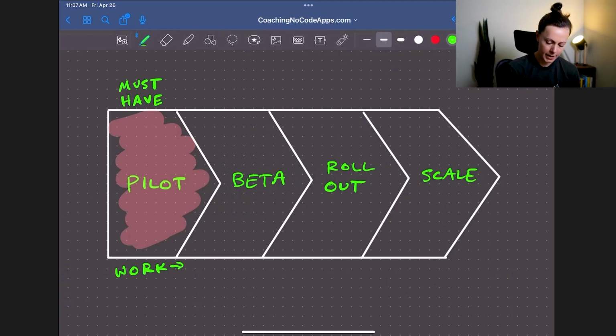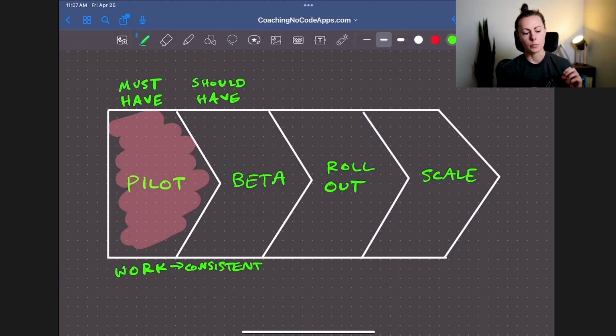And with your beta app, you are adding features that will make it work consistently. So we're going to say consistent here. And these are what we call your should have features. Because with your pilot app, you're putting features in place that must be there to solve the core problem. The should have features are just like some minor add-ons that should be in place to solve that core problem